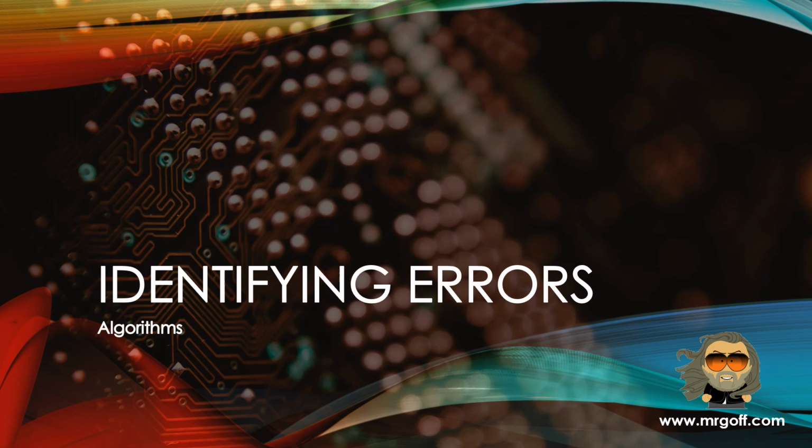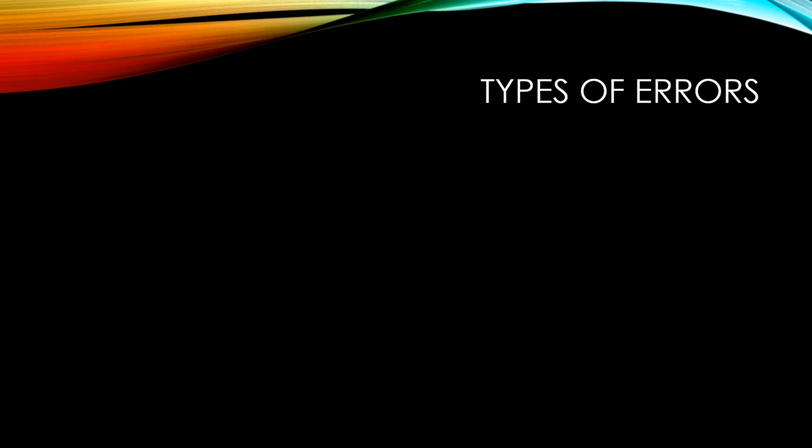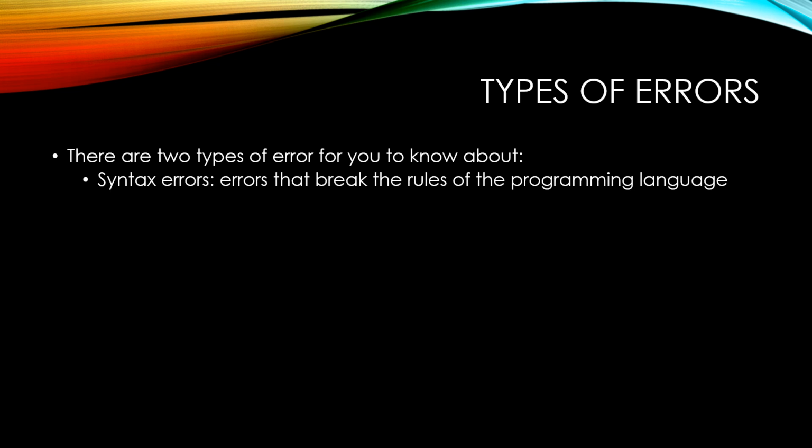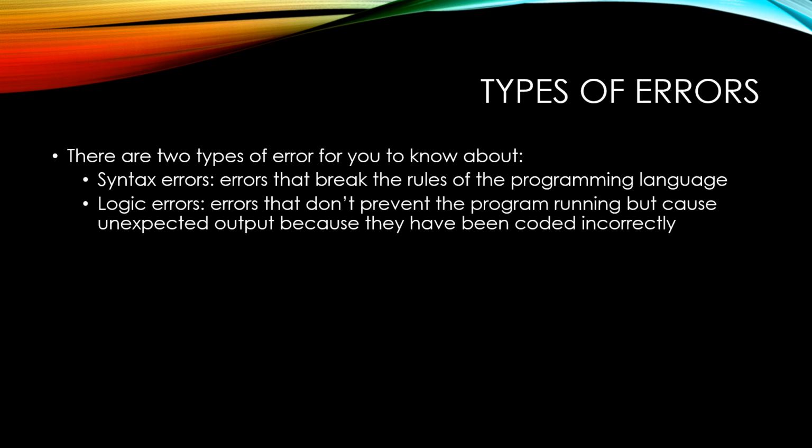This video will focus on identifying errors in algorithms. There are two types of error for you to know about. Syntax errors, which are errors that break the rules of the programming language. These prevent the code from being able to be run. And logic errors, which are errors that don't prevent the program from running, but cause unexpected output because they have